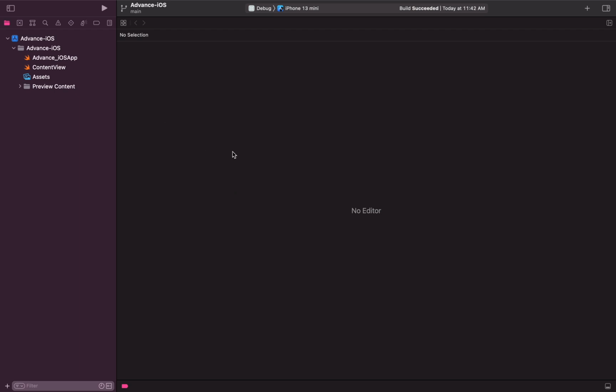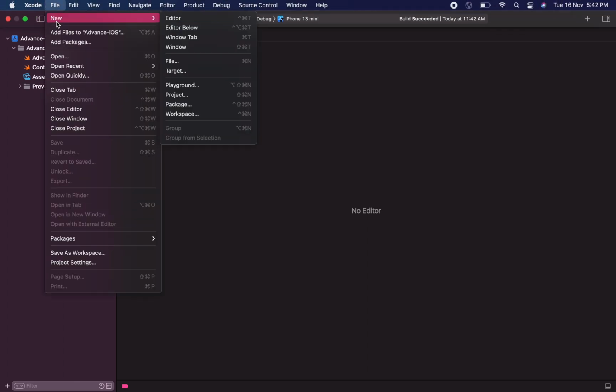In this video, we'll see how we can create a project in Xcode and set a Git version control system to that project, and also we'll see how we can set up that project onto a remote GitHub location. So to do that, first let's create a project.